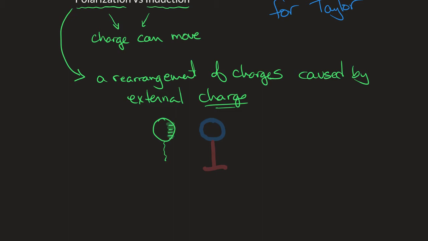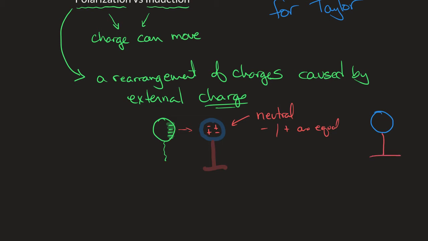So when it comes near this conductor, that's made of metal, and this guy is neutral. That's one possible condition. Well, if it's neutral, that means the number of electrons and protons are equal. But how are they distributed? Well, normally they would be evenly spread out throughout that metal sphere. But now that this balloon is nearby, it exerts a force on the charges that are in the sphere. And because it's a conductor, what we see happen is that the metal sphere